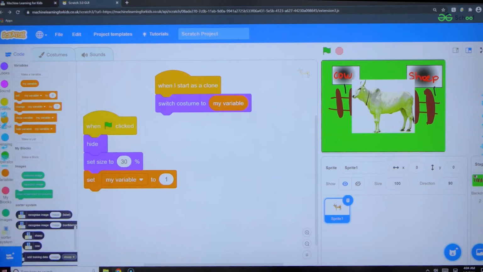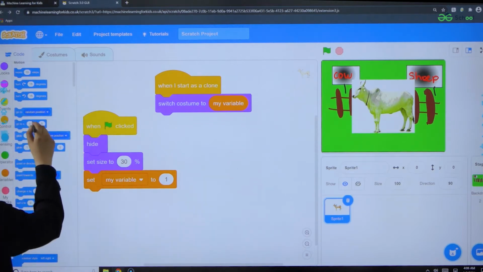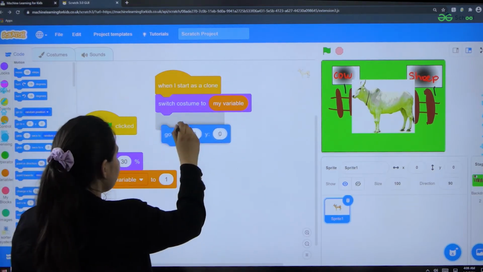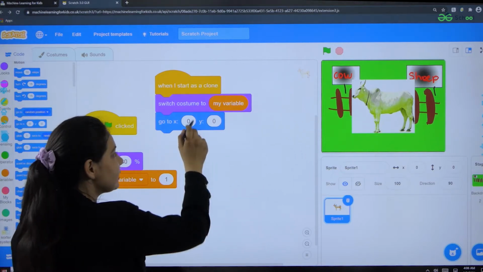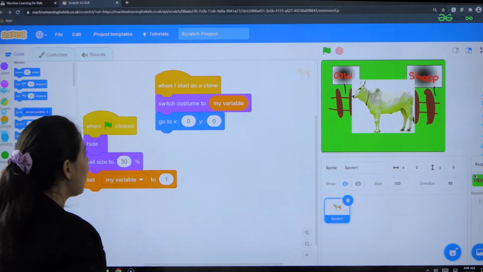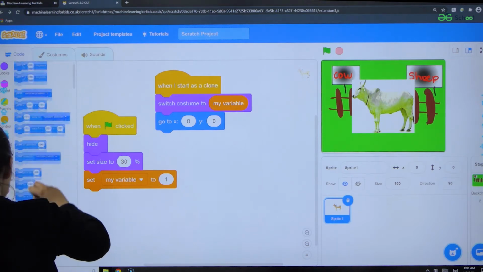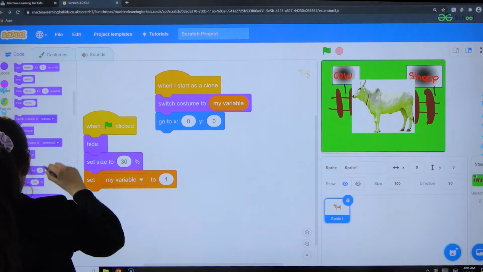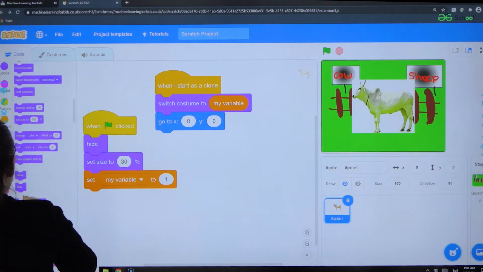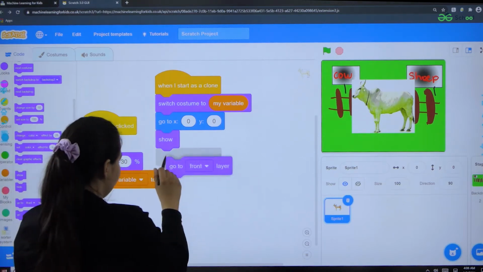My variable is the image. Now when it switches to my variable, that is my image, I have to select the x and y coordinates, and then I have to show that image and go to front layer.